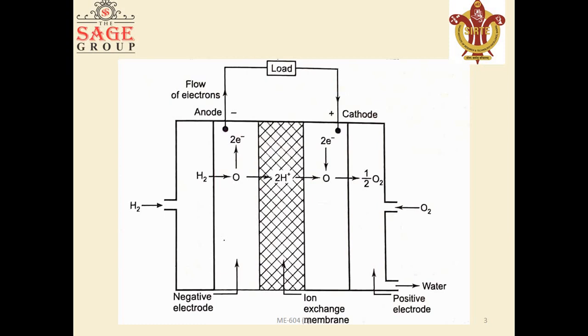At the anode, the hydrogen molecule is split into hydrogen ions and electrons. The hydrogen ions permeate across the electrolyte to the cathode, while the electrons flow through an external circuit and produce the electric power. Oxygen is supplied to the cathode and combines with the electrons and hydrogen ions to produce water. Here we can see the water, and finally this is the working of